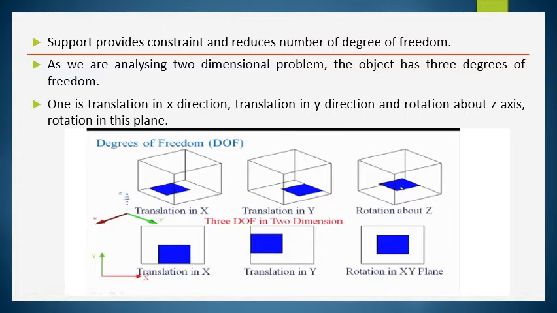So in two dimensions we can consider two types of motion, translational motion and rotational motion. Translational motion will be in two mutually perpendicular directions, x and y. Usually we refer to them as the horizontal and vertical directions. So if the body is not supported, it is free to have all these three motions. But when the support is given, some kind of motion is restricted by offering the reactions.